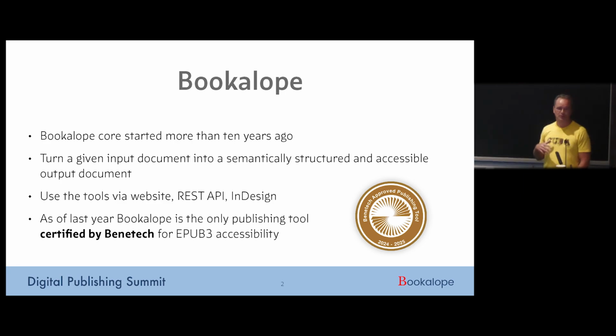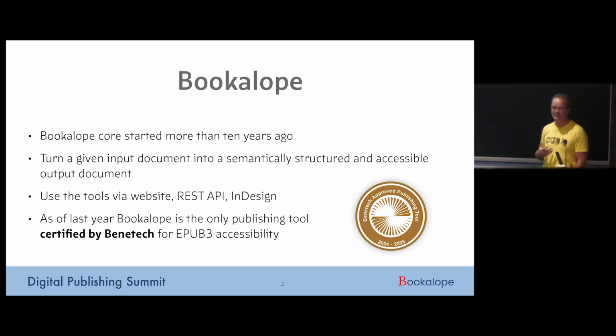You can use the Bookalope tools. It's a tool chain running on a standard server somewhere in the cloud. You can use the tools through the website, which is usually the most convenient way to interact. There is a REST API if you feel inclined in building your own tools against the backend. One of the tools that talks directly through the REST API is an InDesign plugin that we've built in collaboration with folks from Lian. And as of last year, Bookalope is the only publishing tool that's been certified by Benetech